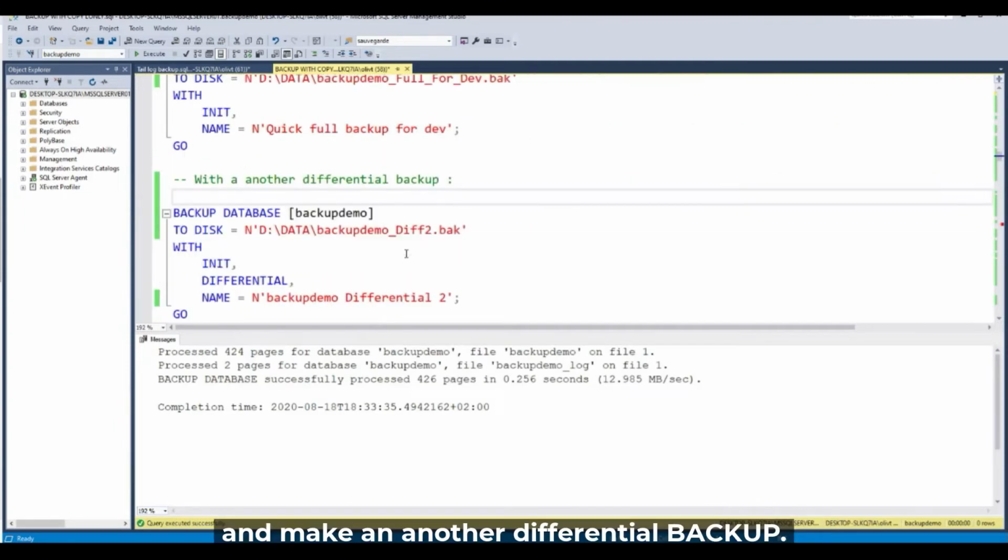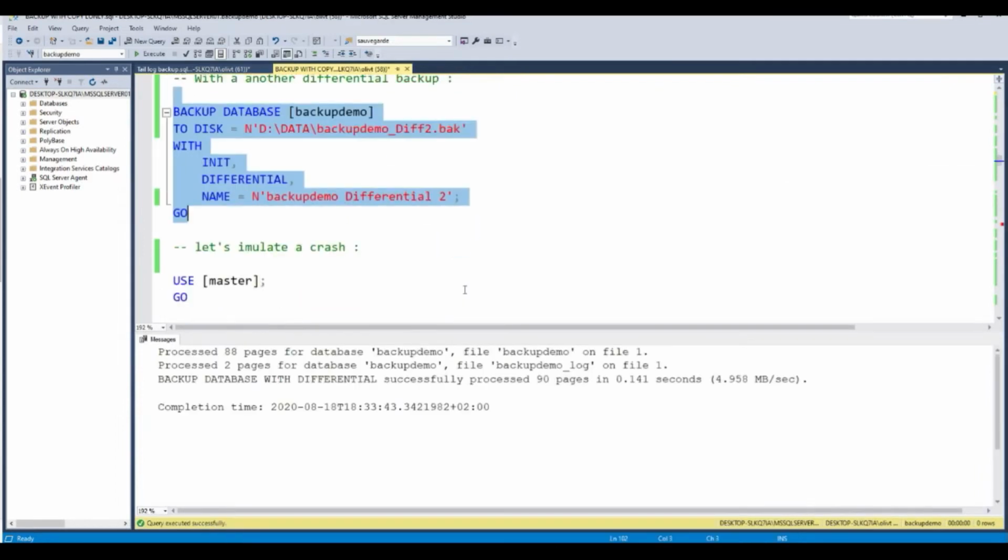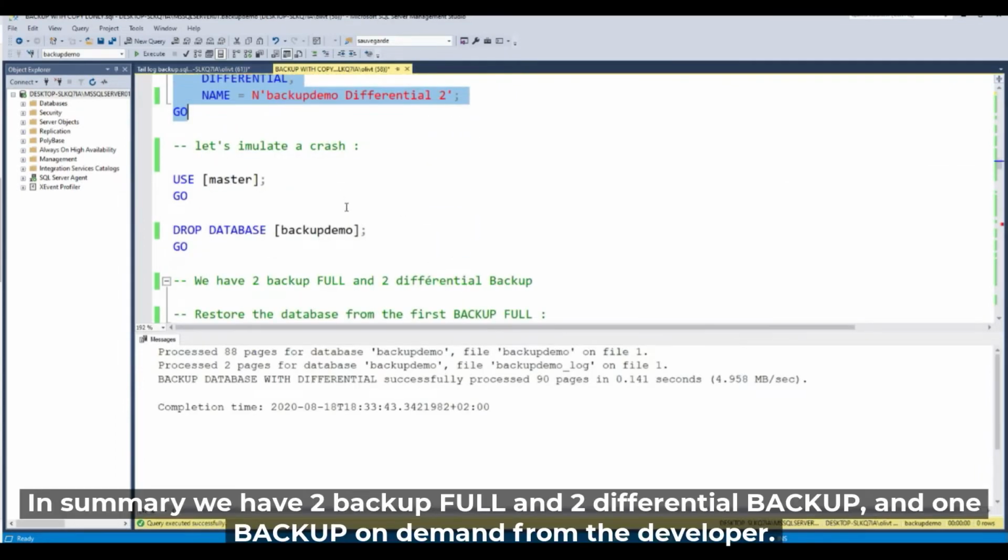It's done, and make another differential backup for our demonstration. In summary, we have 2 full backups and 2 differential backups. Okay? And 1 backup on demand from the developer.